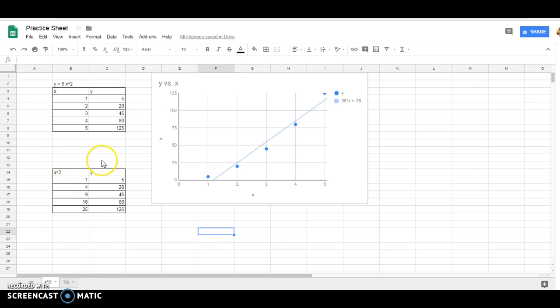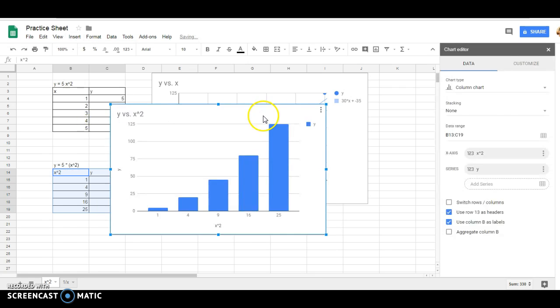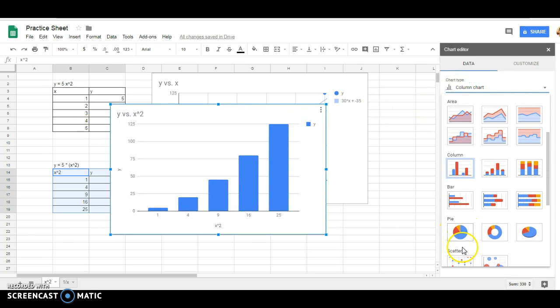So we have this now instead. So if we want to think about it, our equation is kind of like, well, it's still the same, but instead of being x squared, you can almost think of that as being just an x, but we're replacing that x with x squared. Seems a little weird, but we'll see what our graph looks like. So if we take this, insert a chart, same as before, we're going to want a scatter plot,